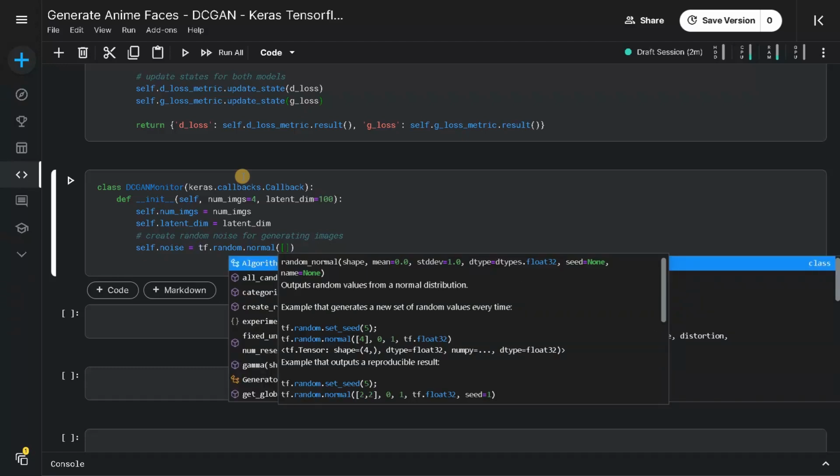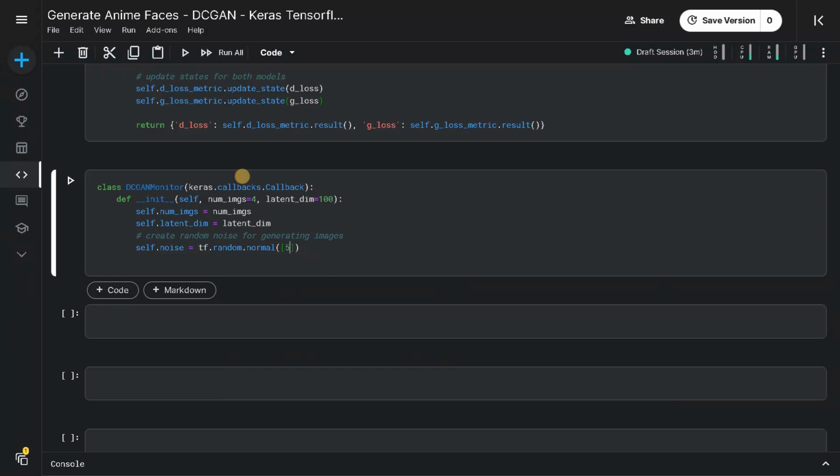Maybe I will just say 5 cross 5. 5 cross 5 means total will be 25, and the latent dimension. So this is the initialization